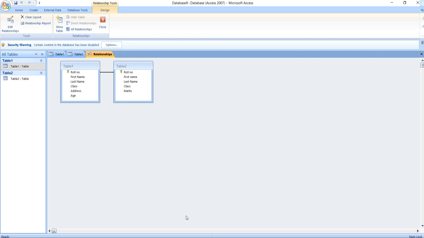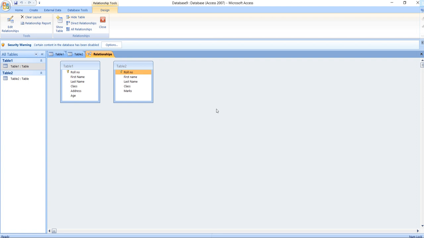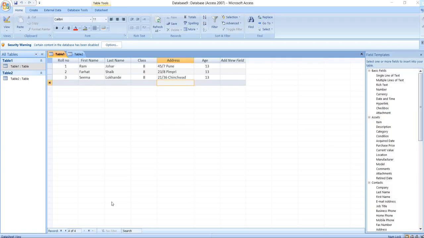Now, after a relationship has been created between two tables, you must delete the relationship before you make modifications to the fields. Suppose I want to make modifications in the fields. So, before I say save, click on the relationship line and say delete. Once you say delete, a pop-up appears asking whether you want to delete it. If I say yes, it is going to get deleted permanently. Now see here, I have deleted the relationship between the two tables. So now we are going to go to the next point of our lesson, that is creating a query.